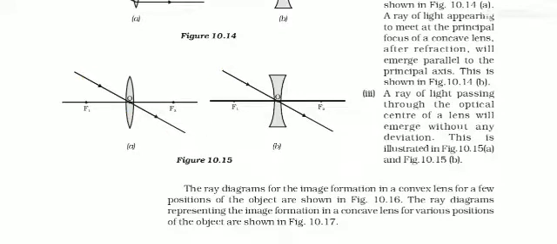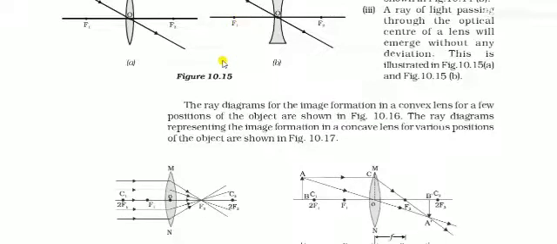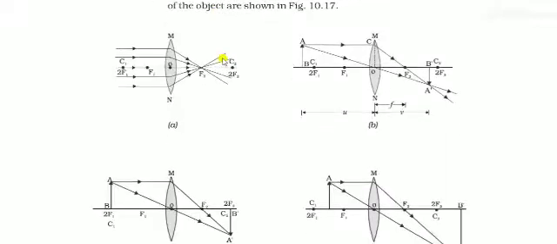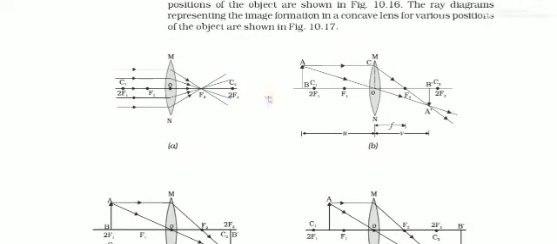In case of concave also, this is the convex and this one is concave. See, a ray of light passes through the optical center. After refraction, it will pass along the same path. So it shows a straight line here. No deviation occurs. In case of refraction, when the angle between incident ray and normal is 0 degrees, it will be a straight line. This is the next rule. Okay, so these are the rules which we have to follow for the formation of images. Now see the first rule for the convex lens.